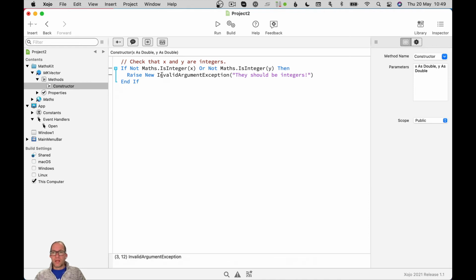Now this is important because I need a global method called IsInteger, which I could put on the